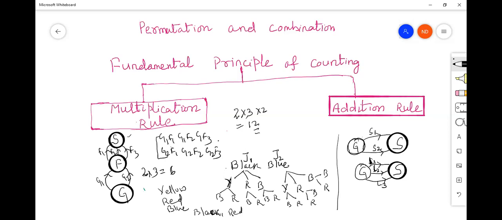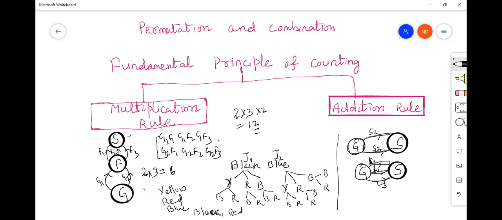So here you have ground floor and you want to go to second floor from ground floor. Suppose for example, we have two staircases, right? Two staircases and three lifts. So you have to go from ground floor to second floor either by using staircases or by using lifts. So that means you may go by S1, S2, two staircases. You may use two staircases or you may use three lifts. One out of these three.